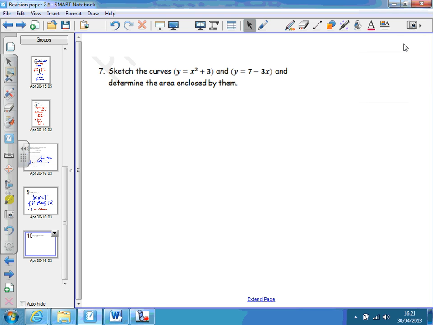Question number 7, the final one. It's about integrating between two lines and finding the area between a curve and a straight line. First job, sketch the curves. In the exam, you might be given the curves, but if you're asked to sketch the curves, well, first thing